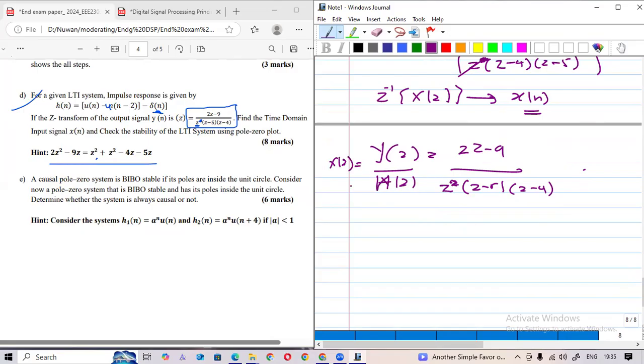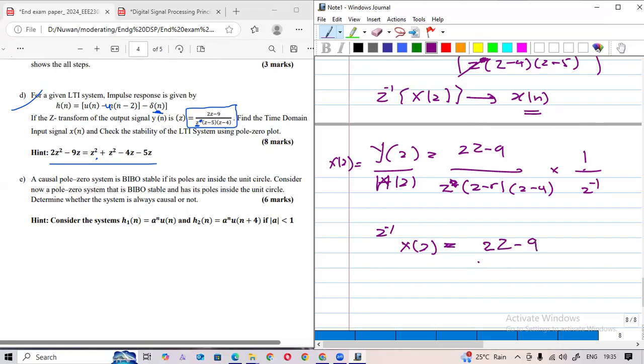Then I can find the XZ. So HZ is Z minus 1, and this whole part is divided by Z minus 1. So this will go up, and again it is cancelling. So you will have XZ as